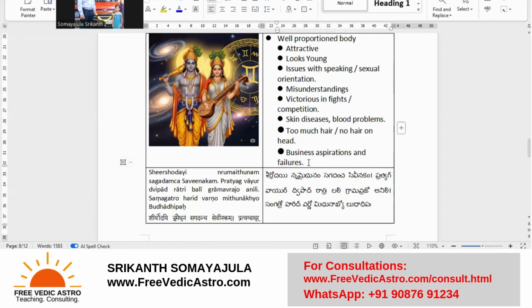And business aspirations and failures, because see, Mercury is looking at huge planning, right? Because if you have to win in a business, you need to have a strategy in place, and Mercury rules strategies. He's extremely careful about a lot of things all through, and that is Mercury. When you're dealing with business, you need to know how to position everything in your company so that you will always try to win. But Mars is not such a kind of planet.